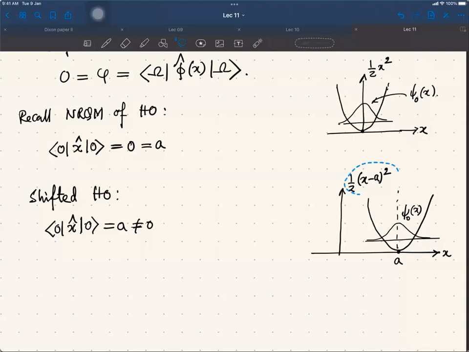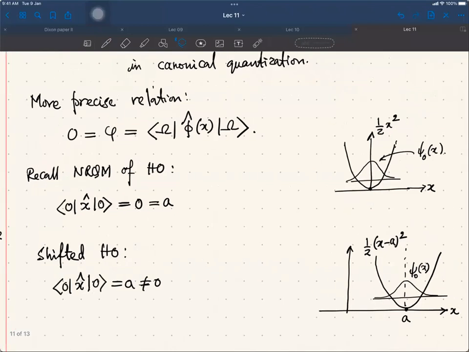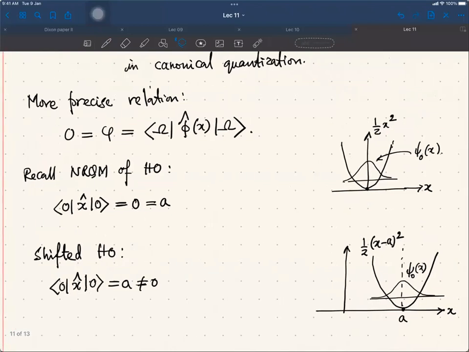So this half x minus a whole square is for the plot. This plot is for half x minus a whole square. In the similar way, if you calculate the vacuum expectation value of the quantum field, then whatever the value of that is, if it's a Lorentz invariant vacuum, the vacuum state is Lorentz invariant, then it will give you a constant,